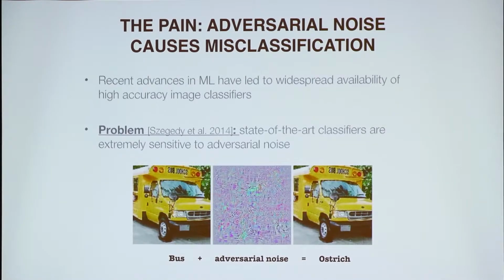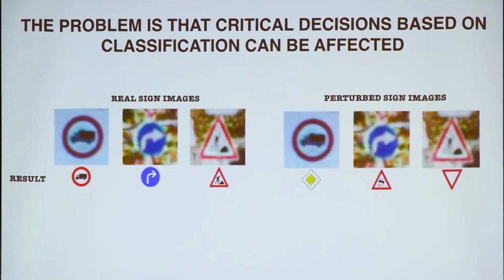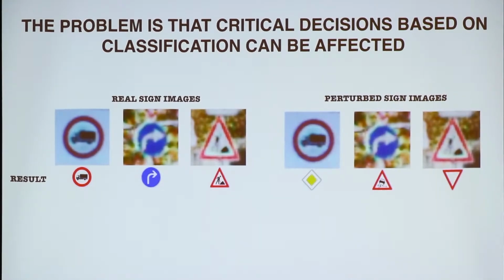Right, but that's the idea. We can add highly structured noise to an image and then cause the neural network to misclassify it. This matters because there are problems where we are making critical decisions based on classification, right? So an obvious one, if you believe in self-driving cars, is